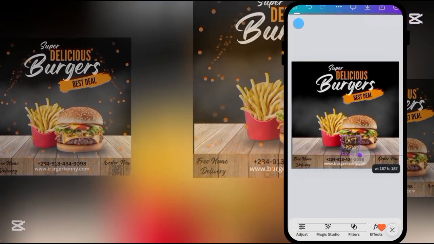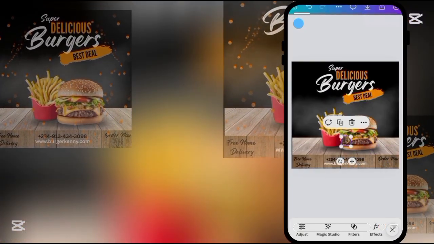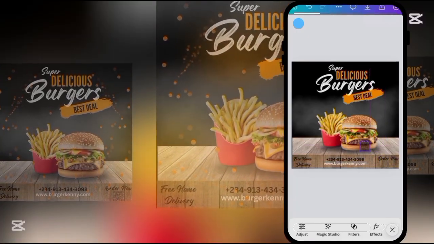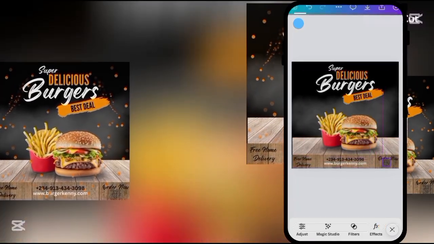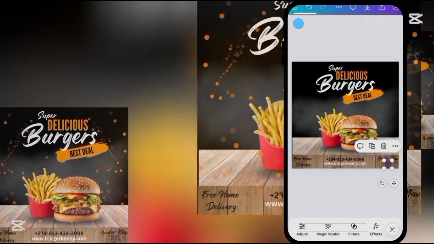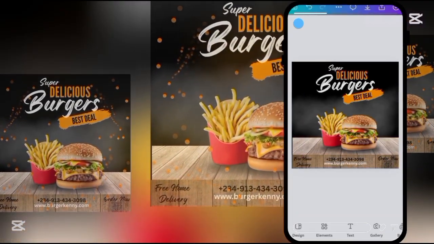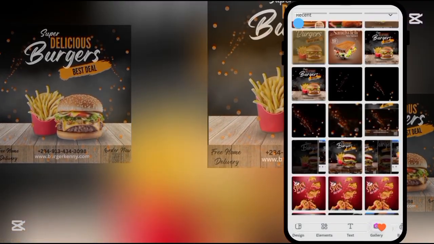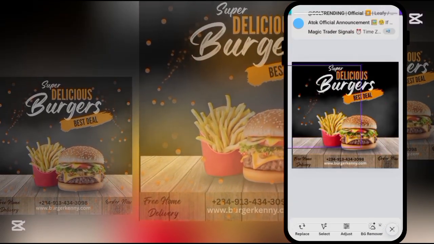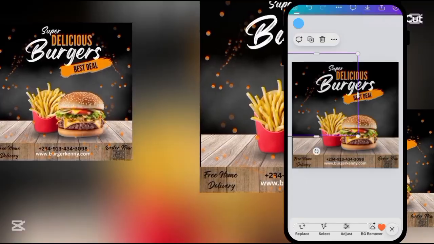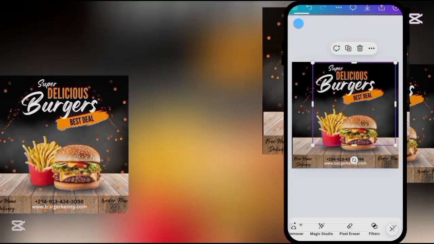Reduce your scan code, reduce it to fit where it can stay under the order now. So reduce it small and put it under the order now. So put it under here. Yes, that is good. Nice. That is nice. So just go to your image and choose the blowing effects you are going to use to